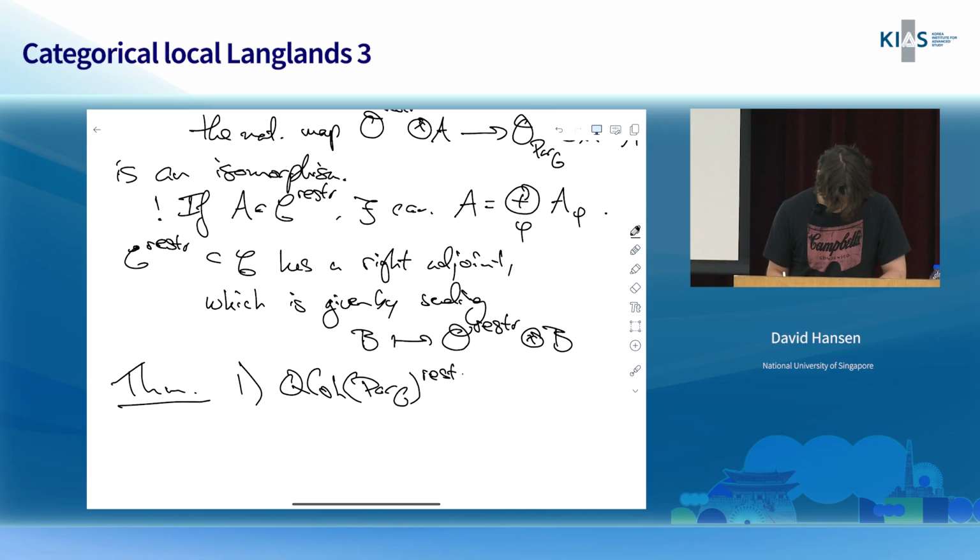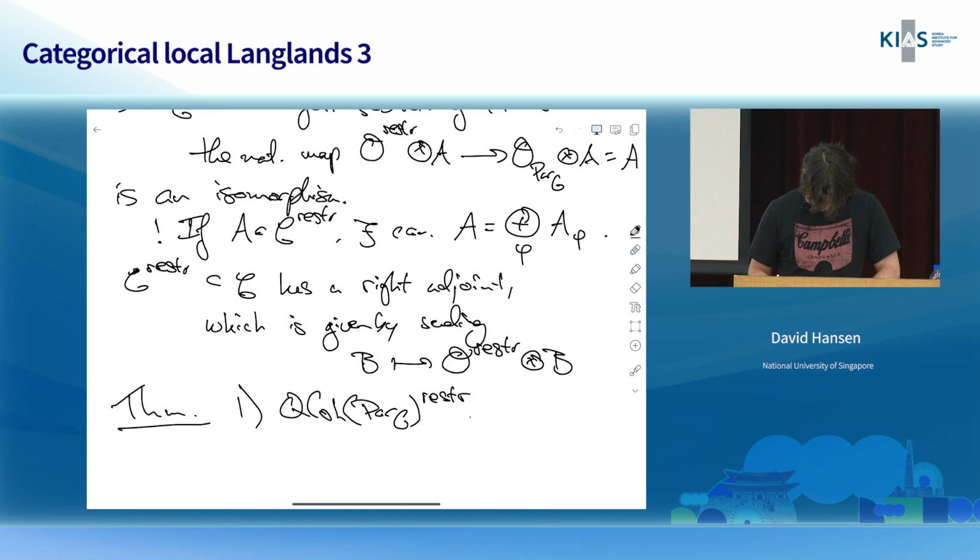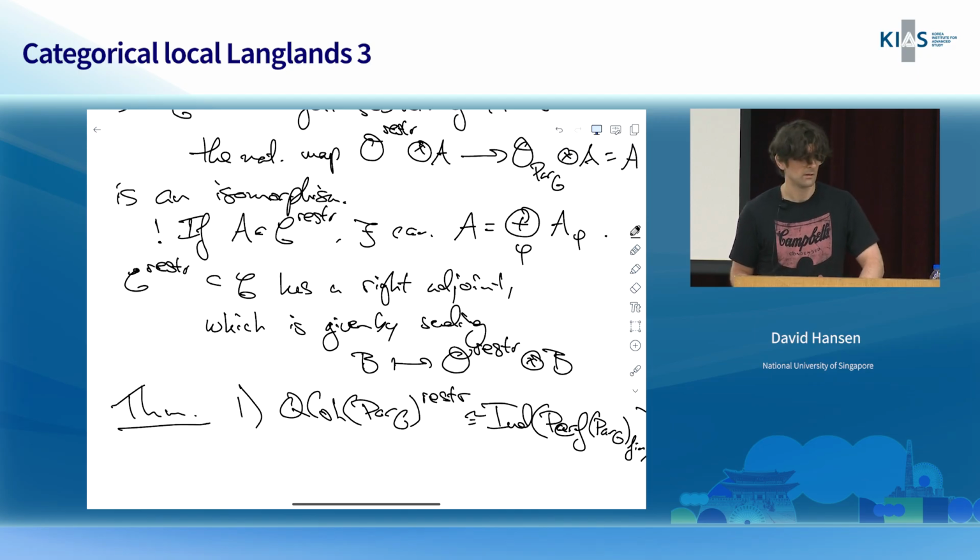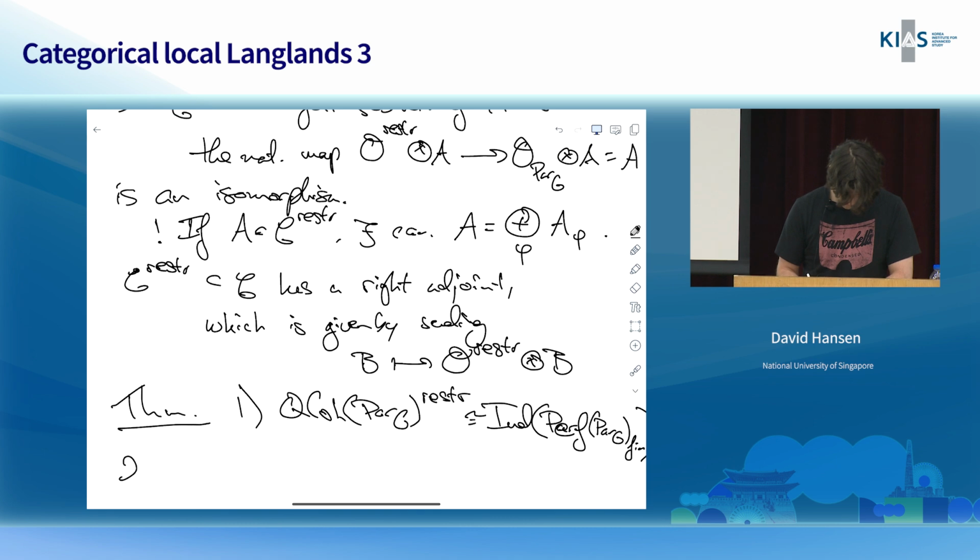So this should be some subcategory of QCO par G. And it turns out that you can say exactly what this is. Up to ind completion, it's the subcategory of perfect complexes with the same condition of being supported on finitely many fibers. Okay. And similarly,